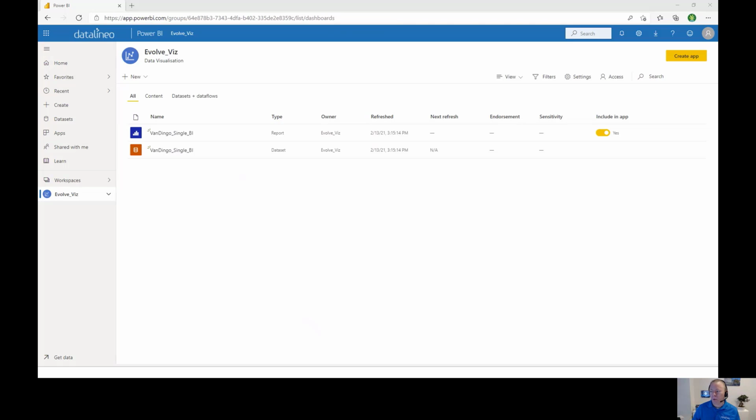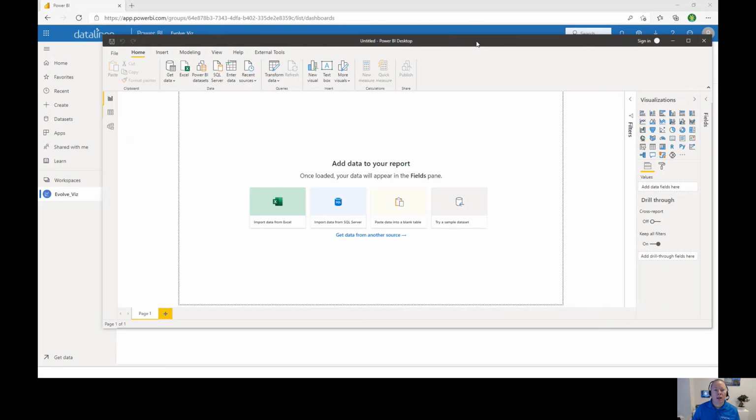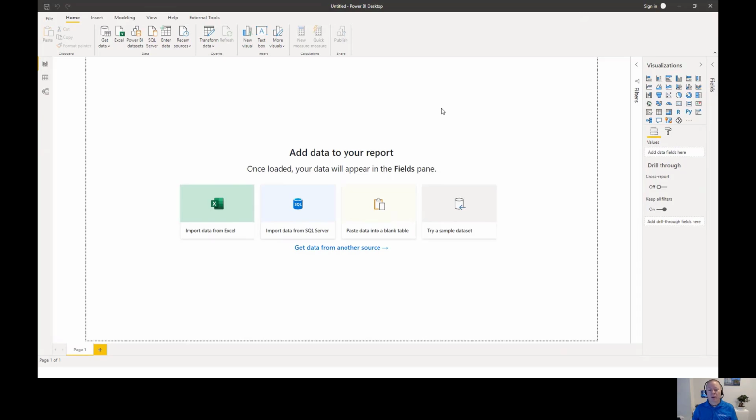So I'm going to open up a new Power BI desktop file. And I'm going to pretend that I'm a report developer who's publishing reports for the finance team. And I'm going to create a finance specific report. I don't want to get any data, and I don't want to do any modeling. I just want to use the data model that I've already published. And I can actually connect directly to that. So if we press Get Data,